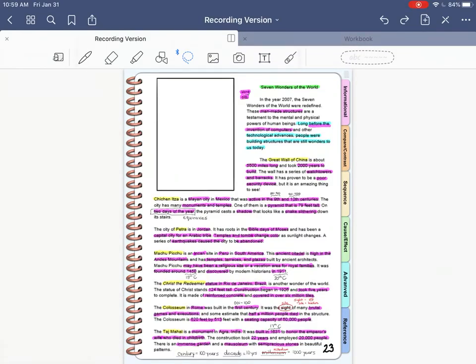I am on page 23 of the reading workbook, and we are going to work on filling in this piece today. So if you will turn with me to page 23, and we've already annotated everything, so it is here ready to go. I'm going to turn in my textbook to that page as well. And then in your packet of material for the 7 Wonders of the World, you should have